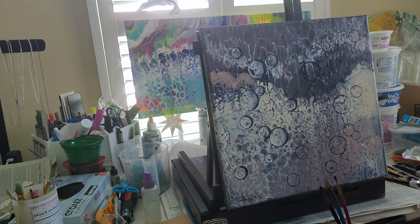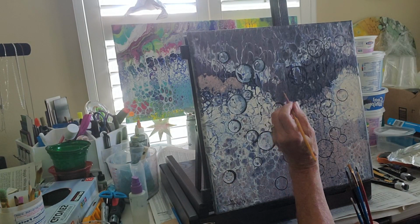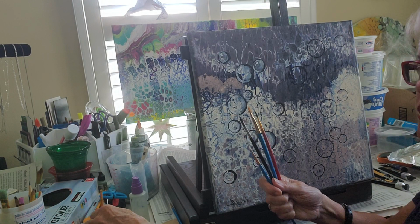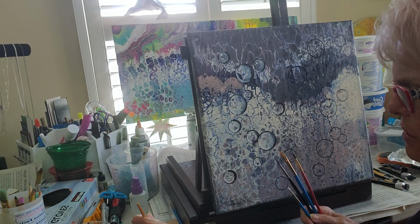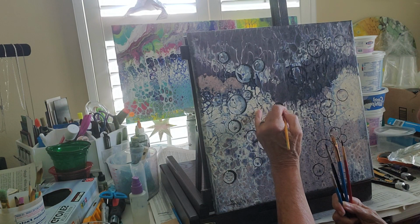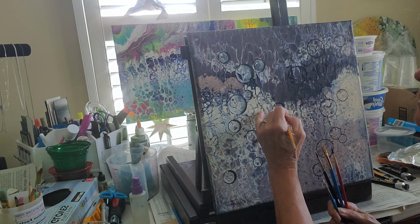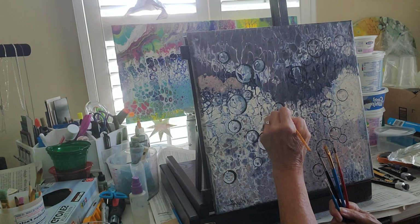I'm going to put a little bit of the gray on the edge. Oops, it dried out. The brush dried out. The brush, just holding them in your hand, they dry out. Just put the water on them again. And so I'm going to go back in here onto that black. Just soften that a little bit between the black and the